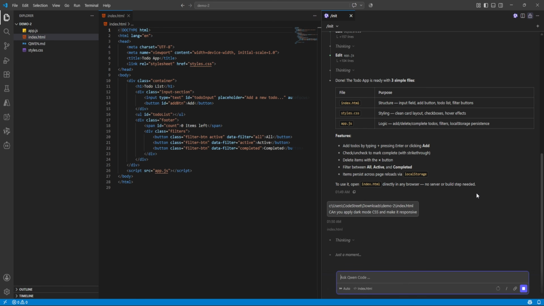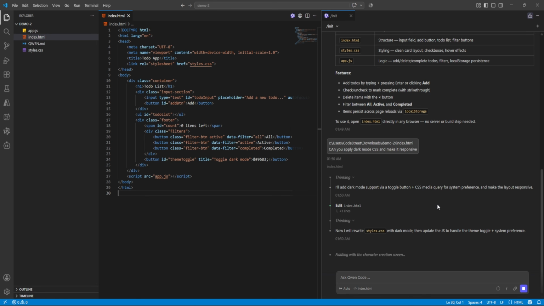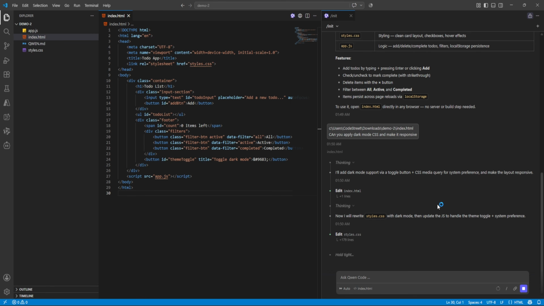Let's see. In the next video, I'm going to use this model and try to generate different types of apps, and I will tell you for what kind of apps and tasks this model is very capable, and what it can do. So stay tuned.